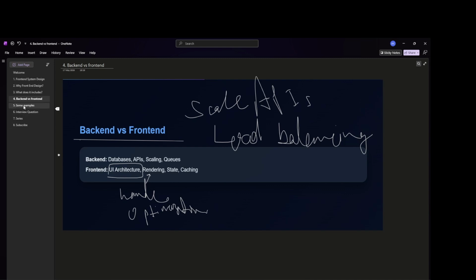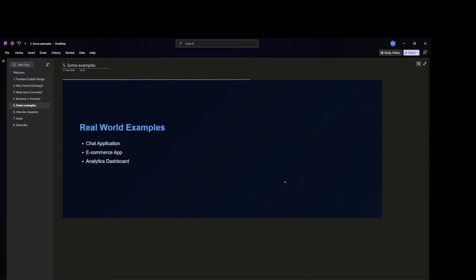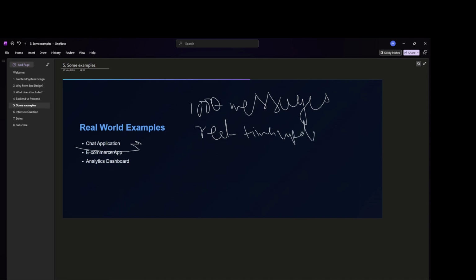Let's look at some real-life examples. Suppose you are building a chat application. You need to manage thousands of messages, real-time updates, and many other features, like whether a message is read or not, an unread counter.